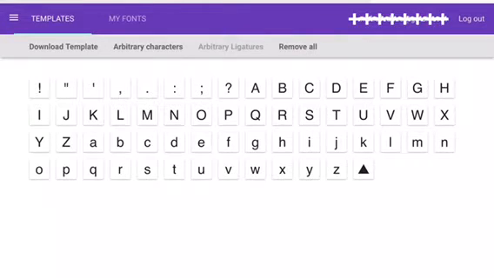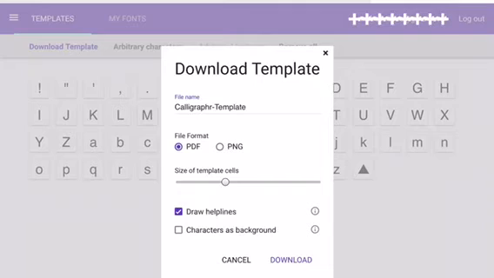Then you're going to click on Download Template, and it'll give you options for the file that you're going to create. And you want to, in my case, I wanted a PDF because I was going to use a PDF annotator. So there's the file name, the format. You want the help lines, and then I also checked the box for characters as background, because that helps you see the sizing for the letters that you're going to write. Then you click on Download,